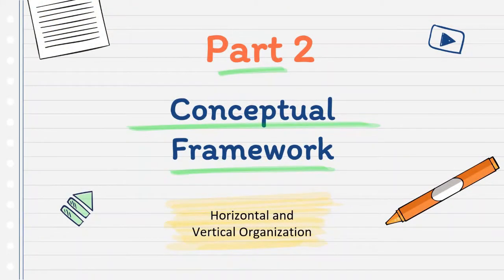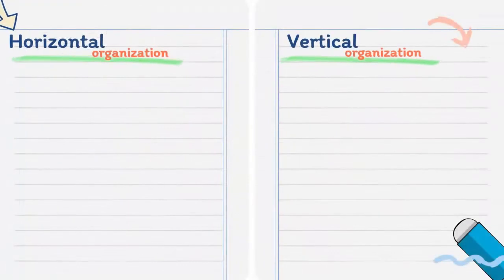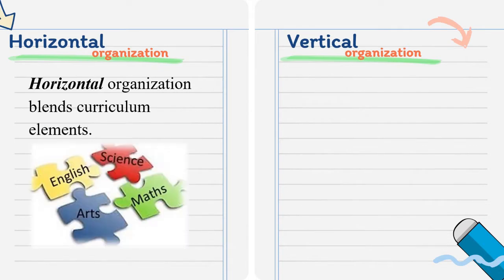Now let's proceed to the next component of curriculum design, which is conceptual framework, which is also divided into two: horizontal and vertical organization. Horizontal organization blends curriculum elements. For example, by combining history, anthropology, and sociology content to create a contemporary studies course, or by combining math and